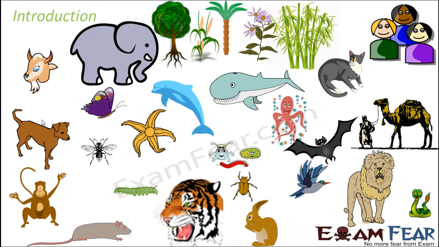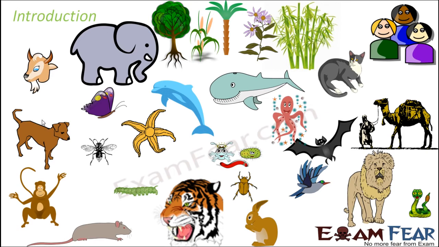Now, when I say variety, you can compare it with a restaurant which offers you a buffet lunch or buffet dinner where they provide you a variety of food items. When you go to a restaurant, maybe it offers you some 10 types of dishes. If there is another restaurant which offers you some 20 types of dishes, that means the second restaurant is offering you more variety. That's because the different types of dishes present there are more than that of the first restaurant. In a very similar way, we want the variety of living organisms to be more. We do not want living organisms variety to decrease.